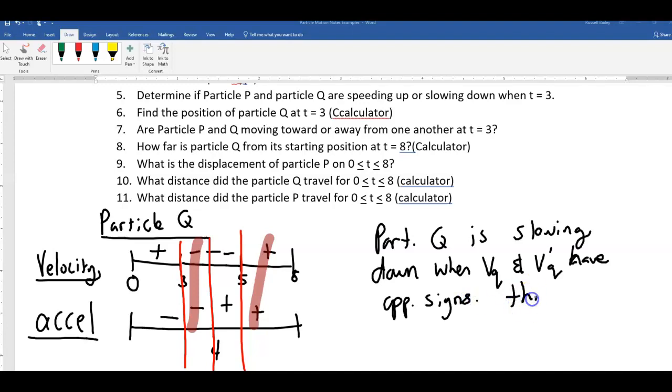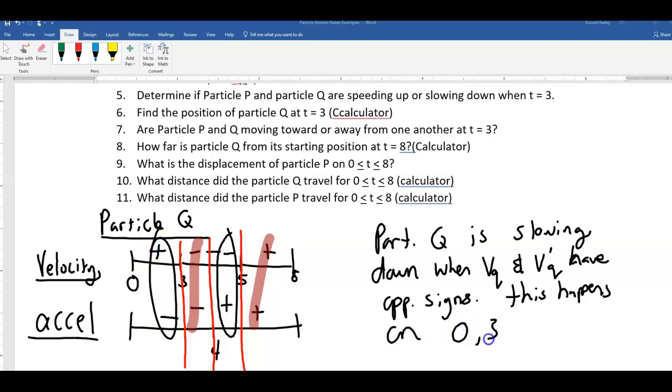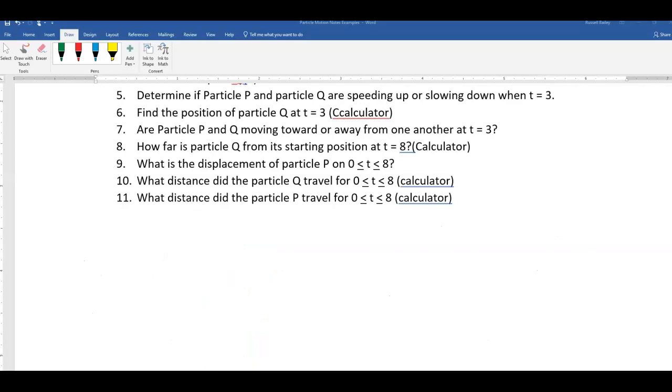And this happens on the following intervals, 4 to 5 and 0 to 3. Okay, there's that. Now, let's go ahead and move the discussion along to the other part, because they wanted us